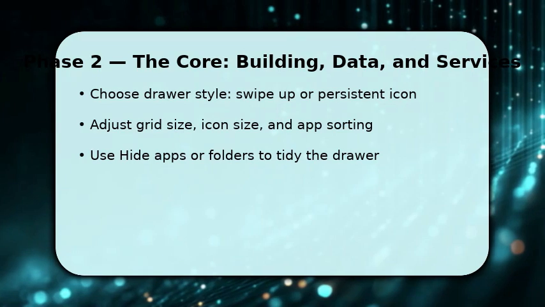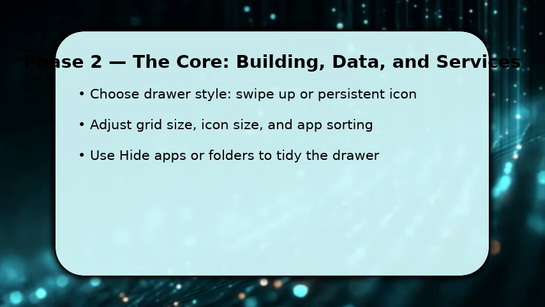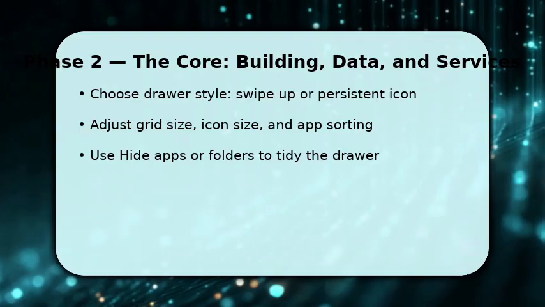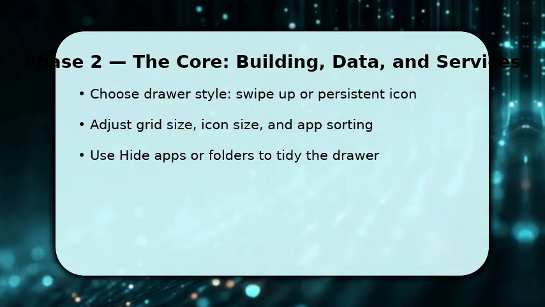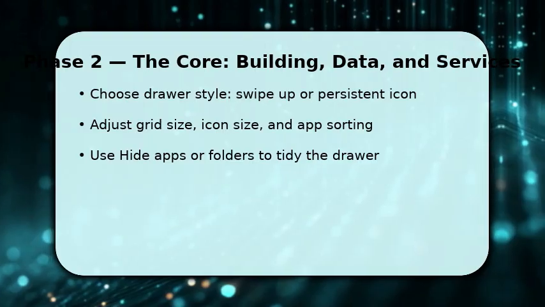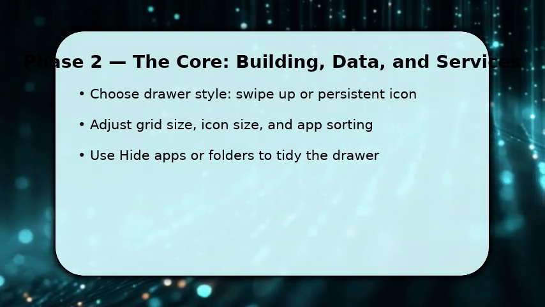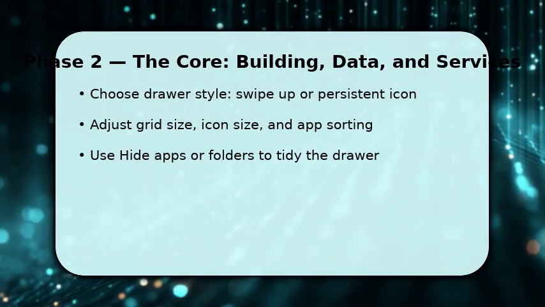Now you fine-tune how the drawer behaves and looks. Tap App Drawer Settings to pick Swipe Up versus a dock icon. Swipe up is faster for one-hand use. Then change grid and icon size to fit more apps per page, and pick alphabetical or custom sorting so you